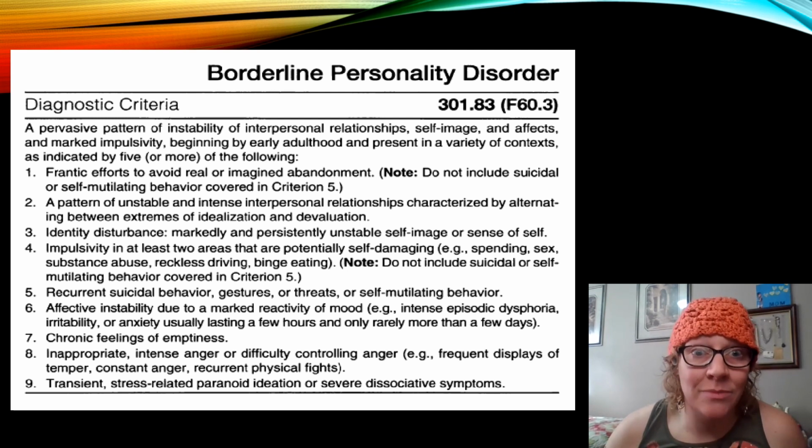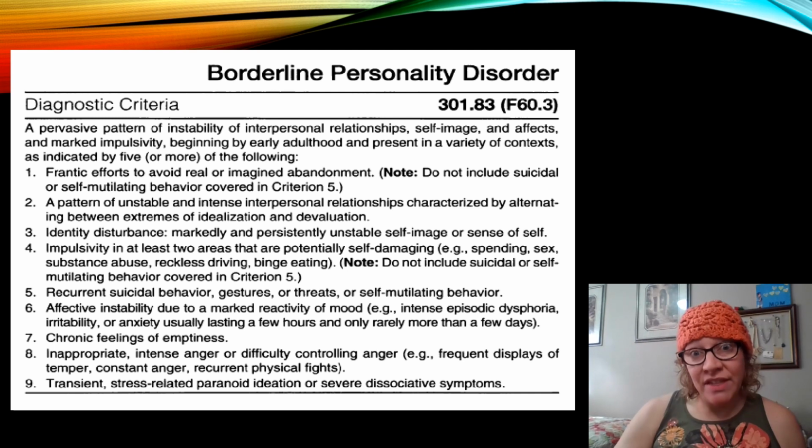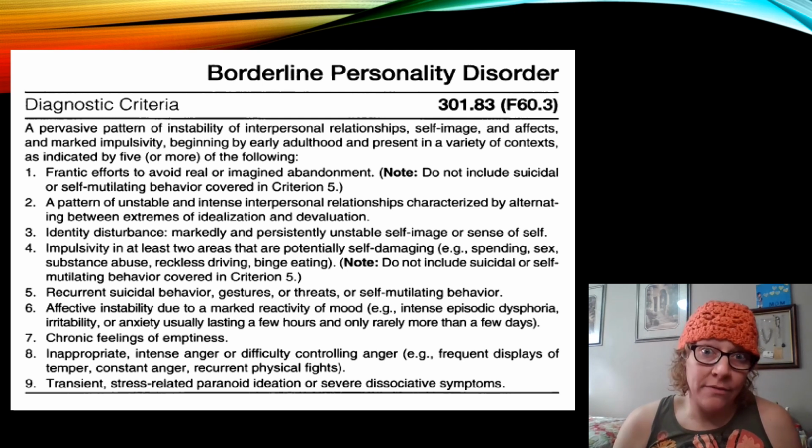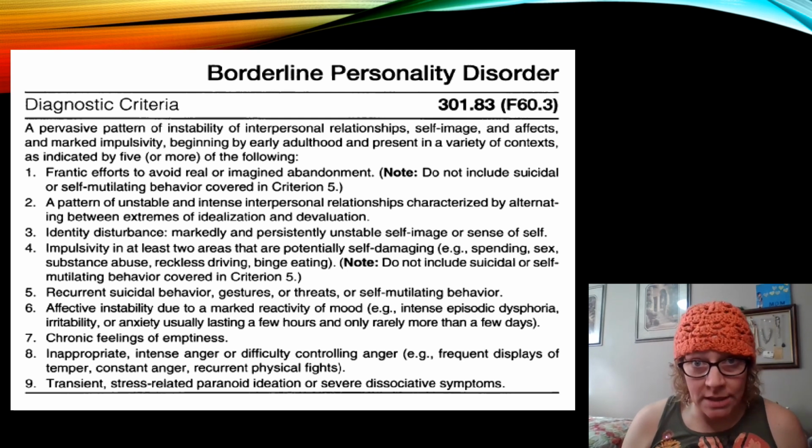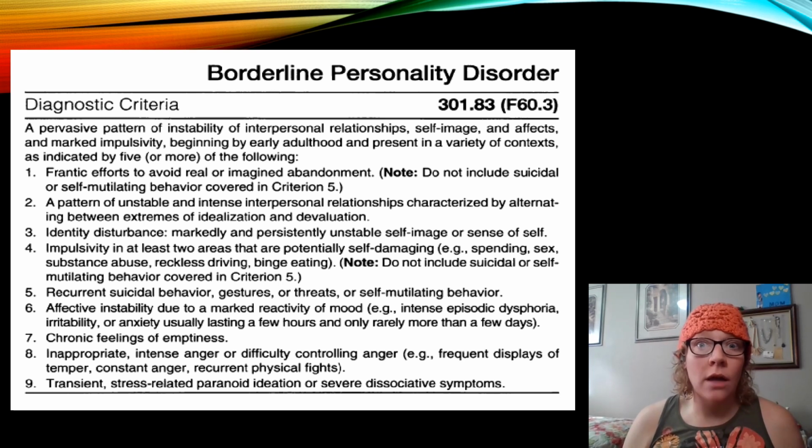This is one that sometimes is really hard for people to define. I had this pit in my stomach that I could describe as an empty pit in my stomach my whole life, but I didn't know until I was 35 and I was diagnosed with borderline personality disorder that having this empty feeling, this empty pit in my stomach, was a symptom of a disorder that I had had my whole life. And I never knew. I always thought it was just a flaw.